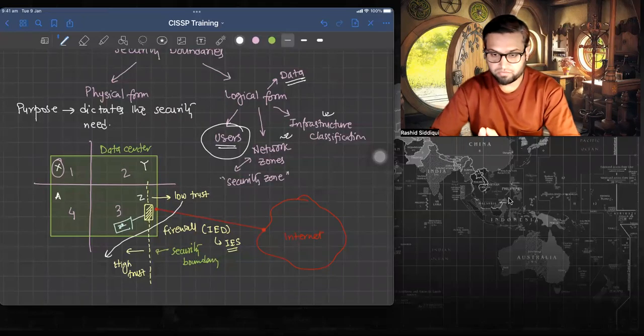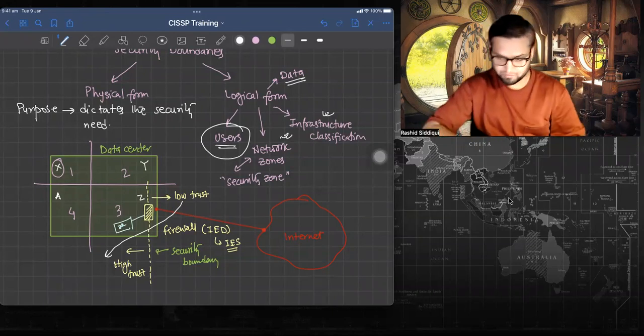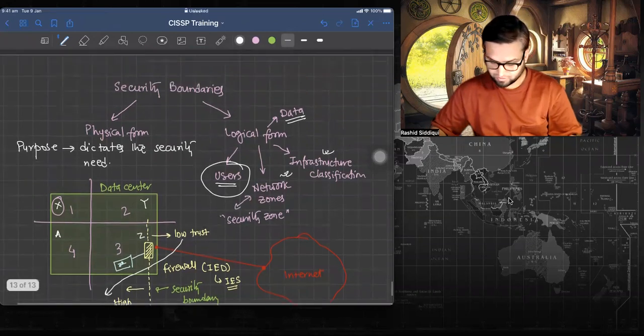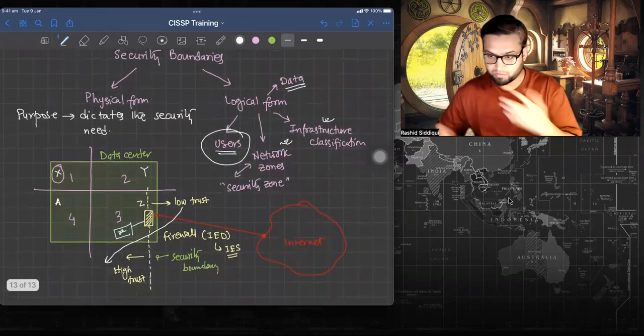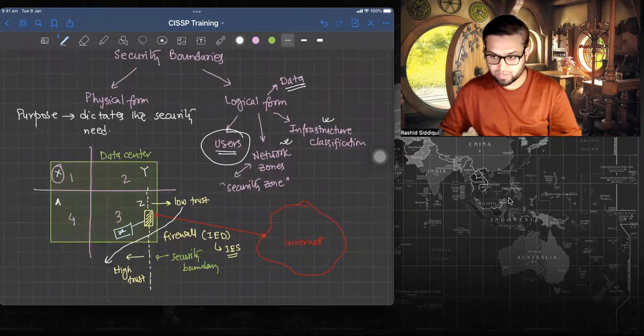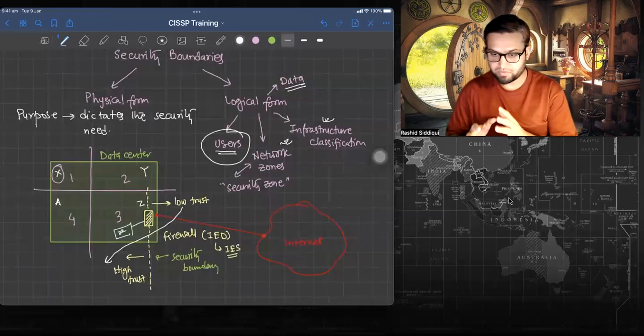So let's continue our discussion further here, and let's see a bit more on this security boundary concept, and try to make sense, try to create a picture which gives more insight, basically. To do that, what I'm going to create here is an architecture of a data center. Don't worry, it will not be too much. It will be just a typical architecture showing how a data center is segmented in different logical boundaries, and what